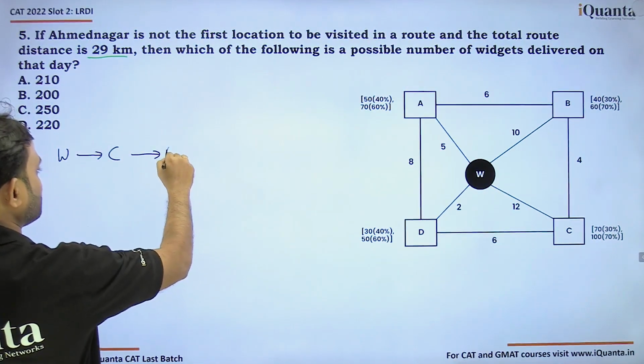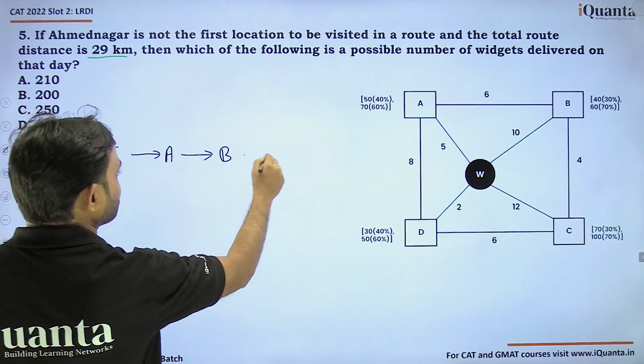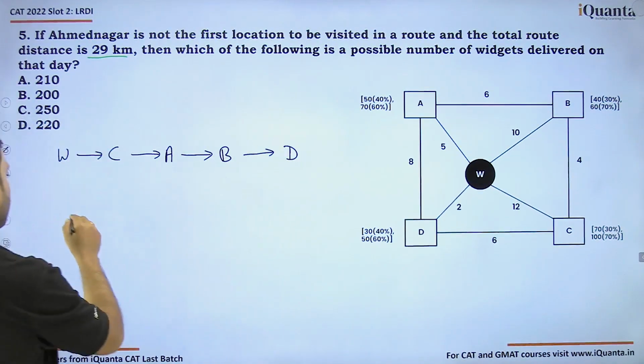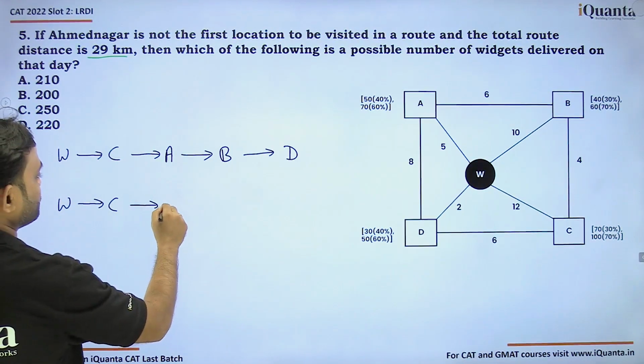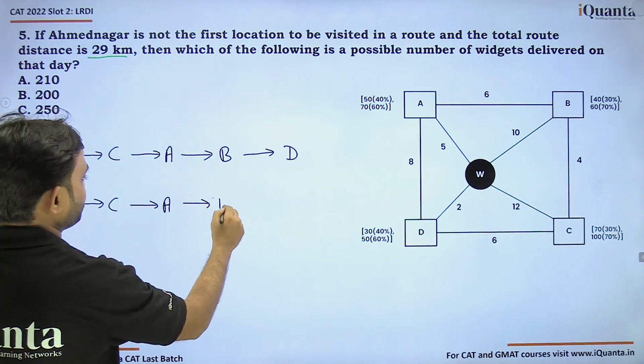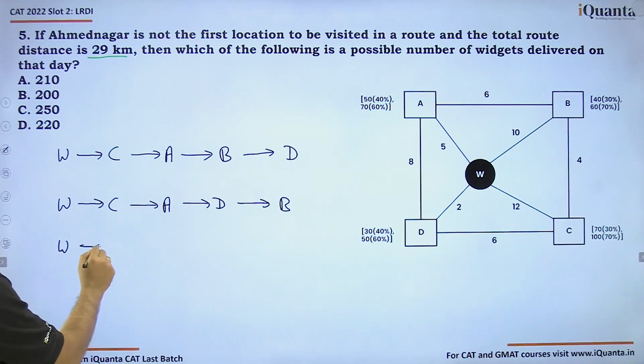We can go to Ahmednagar first, then we can go to B, then we can go to D, or W to C, then we can go to A, D, then B. And if you put Ahmednagar at third position,